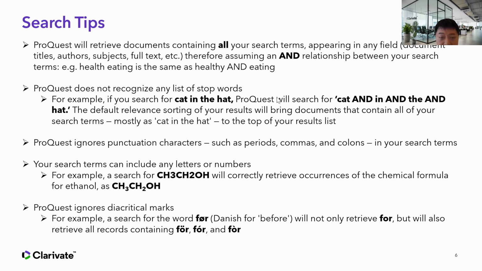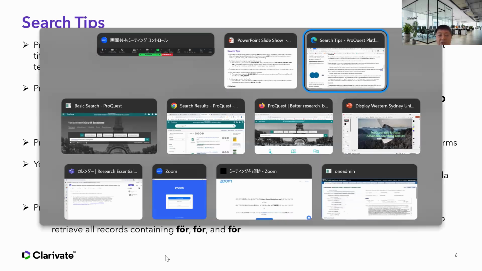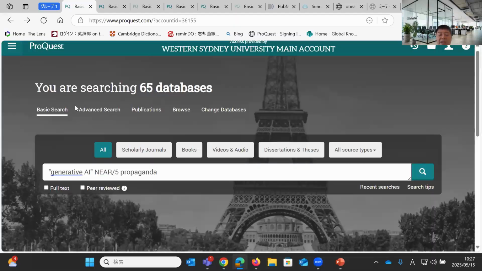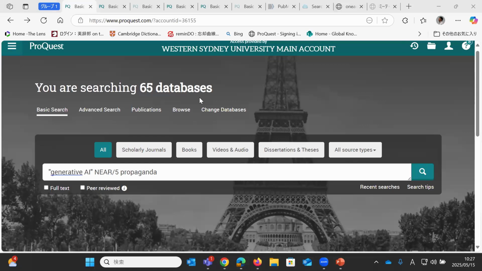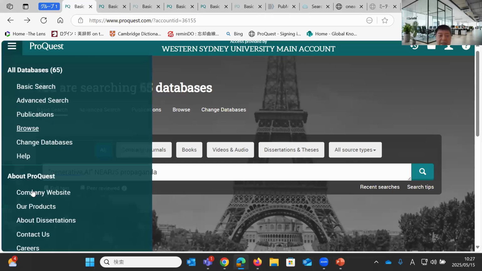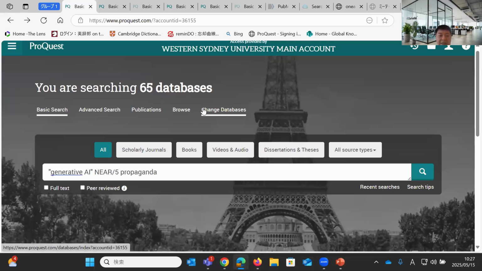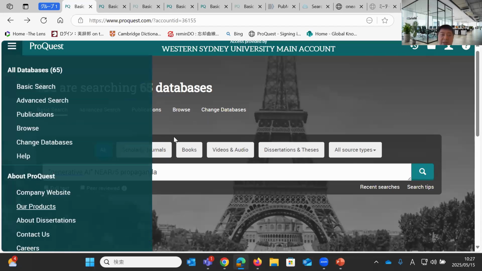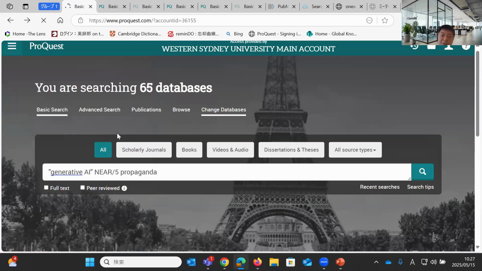Okay, so there was a question about how to get to the main page of ProQuest. Thank you very much for that. Maybe you open ProQuest Central. Someone tried to open the database from the A to Z list, and I was instructing: you just have to open the menu and go to all databases, right? If you are within a specific database, open the menu to see all databases, and then you get to the platform level. Or just click change databases from an individual database and select all of them, and it becomes that.